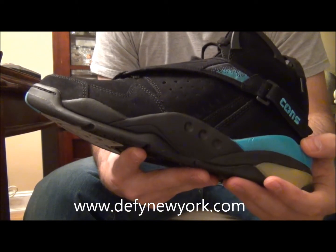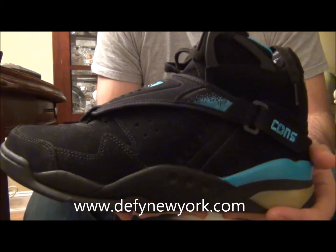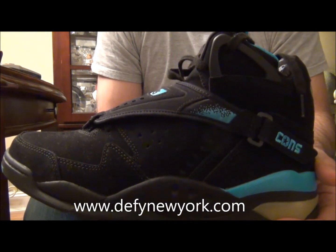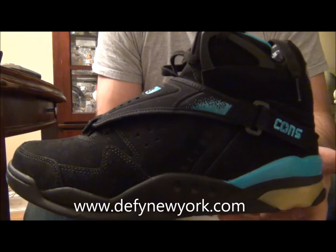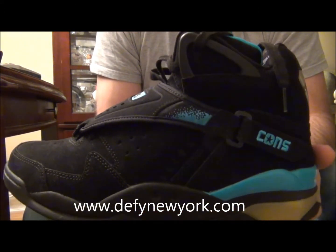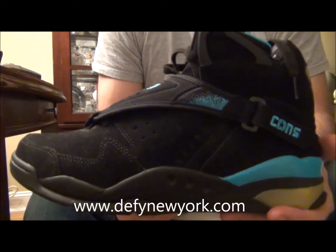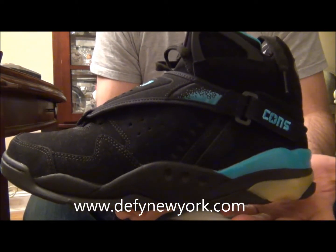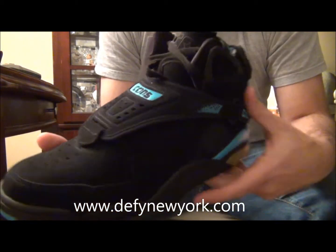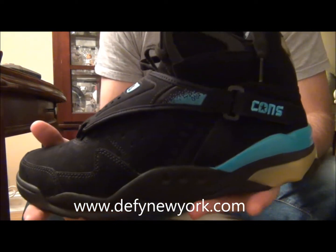Now, when I heard that the Converse Aero Jam was going to come back, I mean, I had spoken to Converse over the past year and mentioned the Converse Aero Jam, and they said that it came up in discussions daily to bring it back, and they were actually not going to bring it back, or maybe bring it back with an updated model. And what wound up happening is we got a surprise, and they did the right thing and brought them back semi-OG,